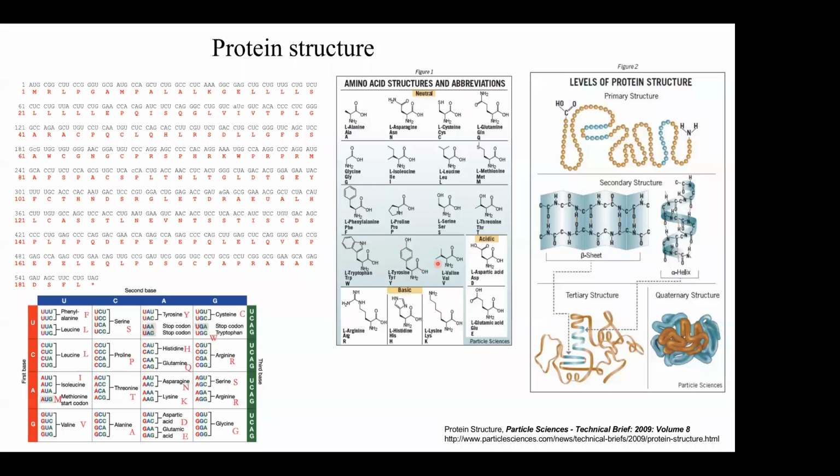Some amino acids are functional amino acids, like serine, or they will be methylated. Only if some proteins are methylated will they be active. If there is any mutation in such an amino acid, the protein is not functional.